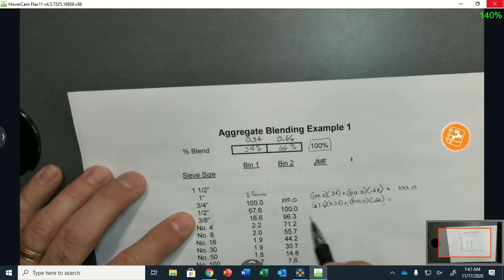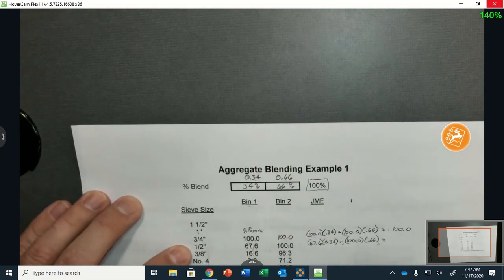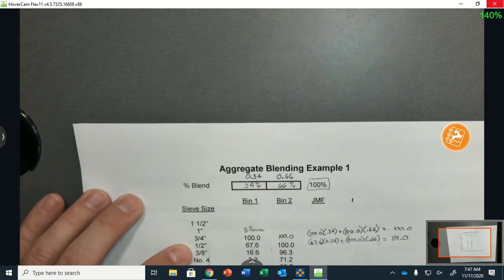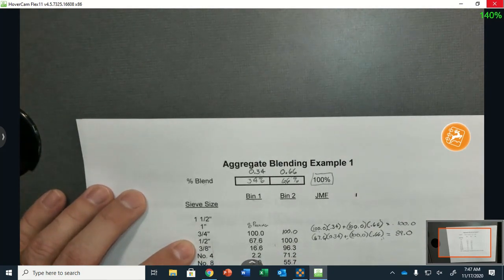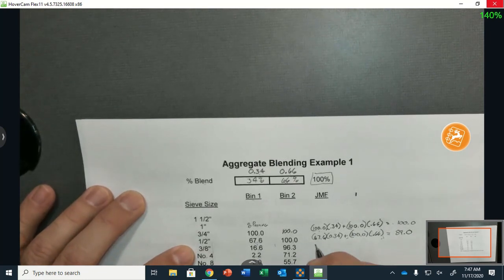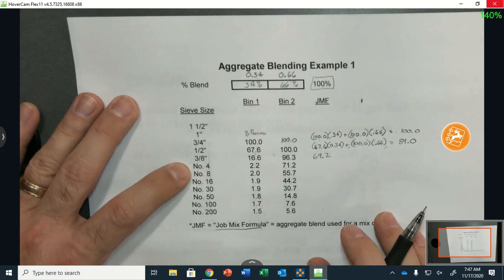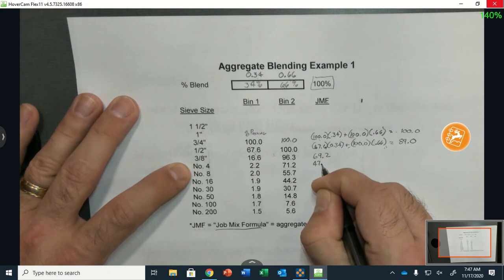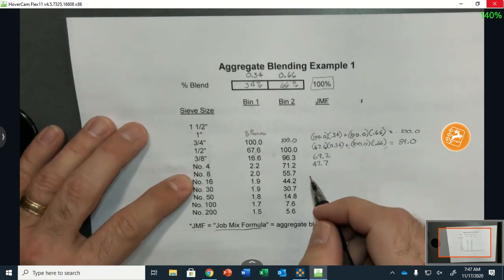So what do you get for the 1/2 inch sieve there, Gabe? 88.9, so 89.0. 89.0, okay? So I want everybody to calculate each one of these so we can check each other, make sure we're getting the right answers. 89.0. 3/8 inch sieve, 69.2. Number 4 sieve, 47.7. Number 8 sieve,